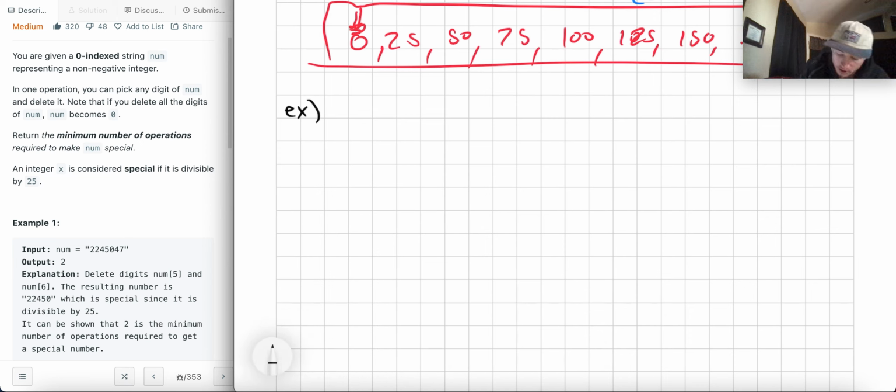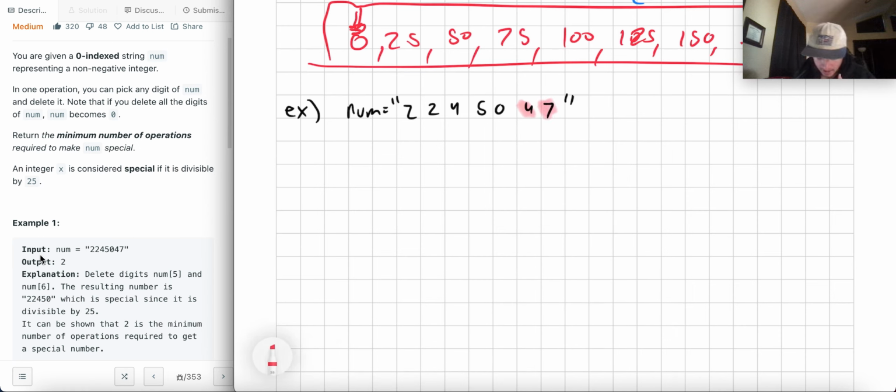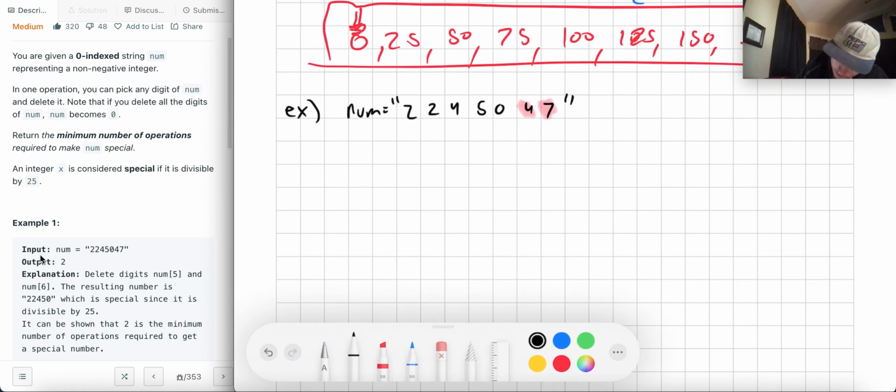In our example, our num is given as a string. Remember a string and how its relationship works between things. We've got 2, 2, 4, 5, 0, 4, 7. Now, we have to make this divisible by 25. The output is 2. The output of 2 is because that says you're going to delete 2 digits to make this work. And the 2 digits you're going to end up deleting are this one and this one. And why is that? Well, because the resulting number would then be